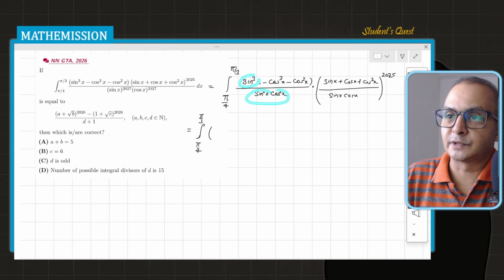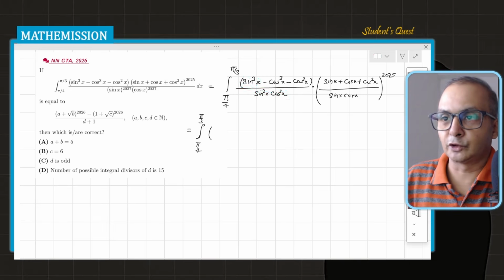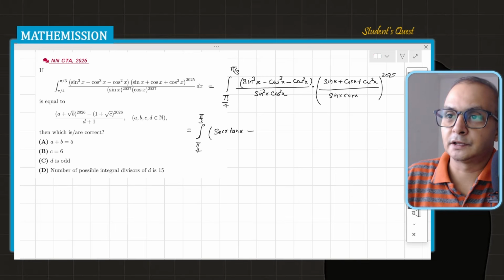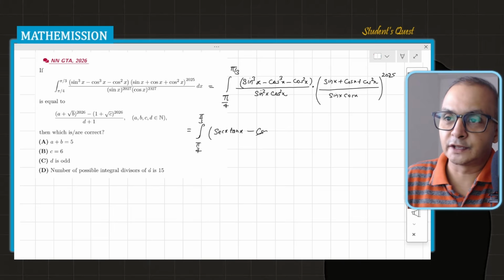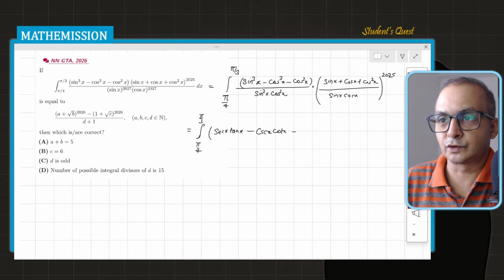So these two terms I'm collecting, so of course one sine x will remain on the top and the denominator will be cos square x. So we get here sine x by cos square x, which is nothing but sec x tan x, or tan x sec x. Here there is a cos cube x, so the same thing will happen, but it is now cosecant x cot x, and this thing, cos square cancels, will become